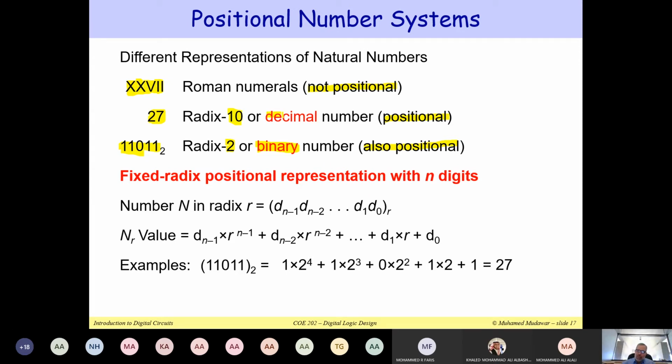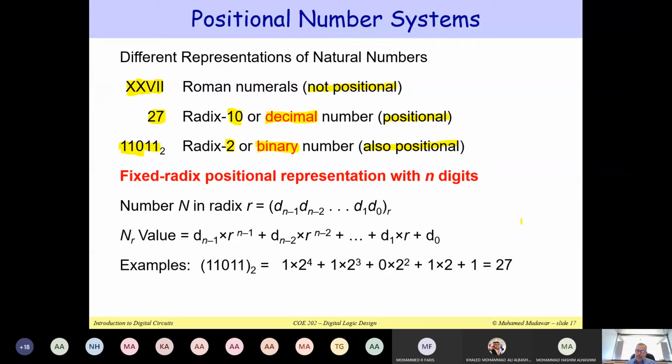Do you know why we use the decimal number system? Any idea? Why did people invent the decimal number system? Because it's easier. Yeah, why is it easier to deal with decimal? Because it's straightforward. You don't have to recalculate or something. I mean, why did our ancestors invent the decimal number system thousands of years ago?